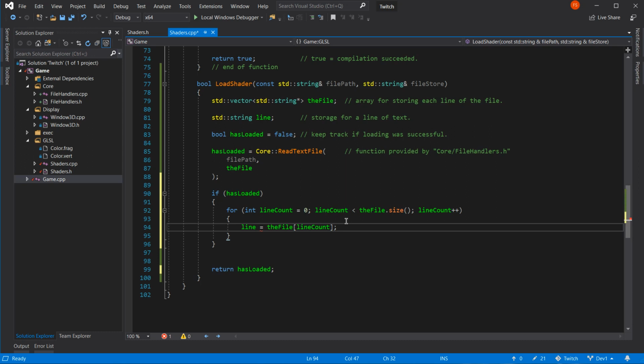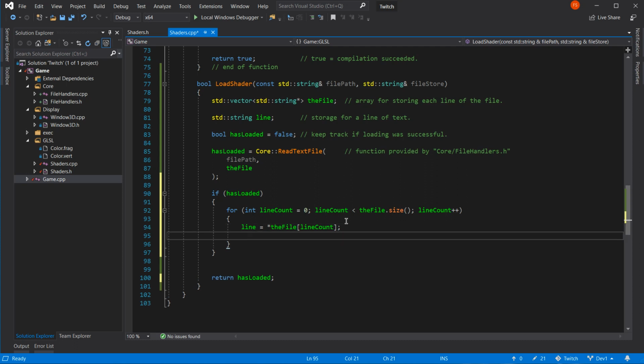That's not right, because a line is a string of characters and therefore automatically a star. It's a pointer. Thank you. There we go. And then we want our file store.